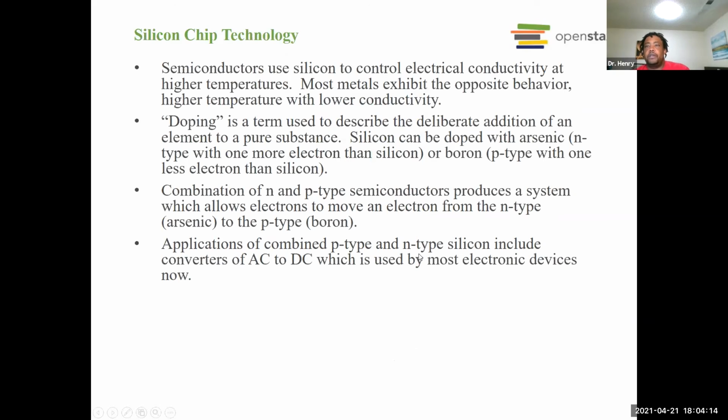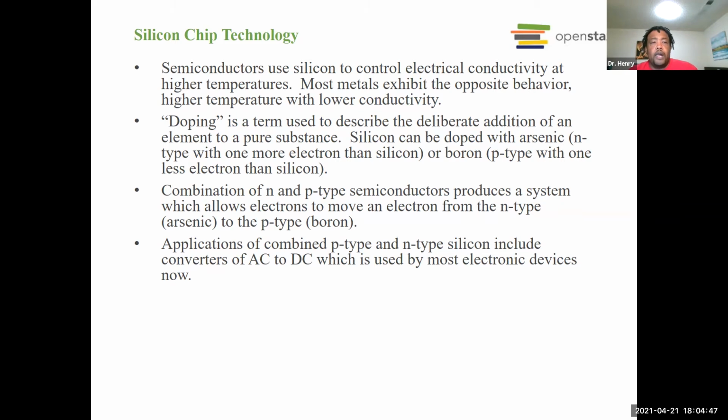So this is actually being used, doping is actually being used in real life. Silica chip technology basically uses doping. So basically we have a chip that is basically silica, so it's a covalent network solid, and we add arsenic if we want it to be kind of like a negative type, because